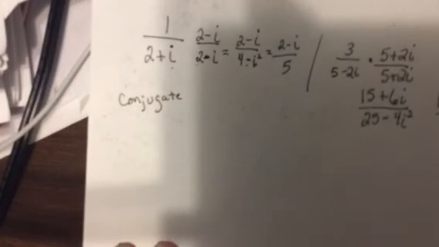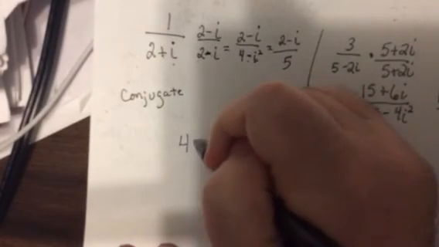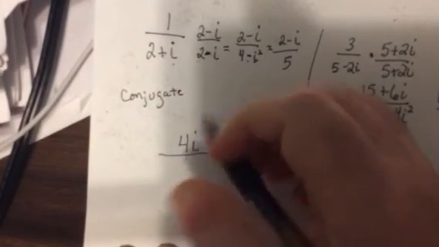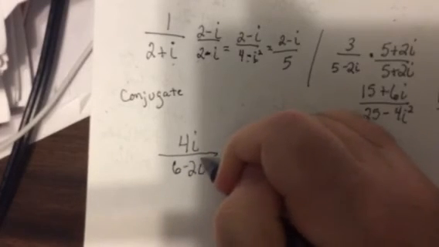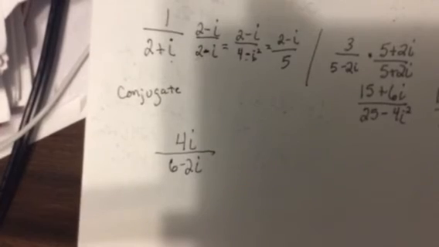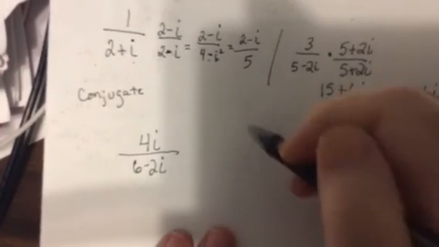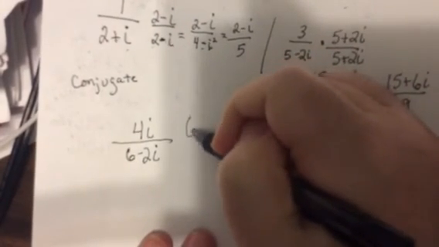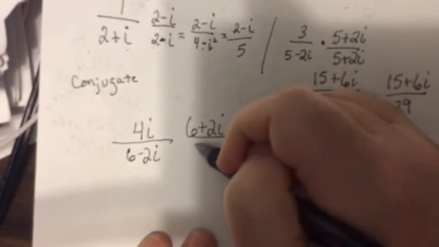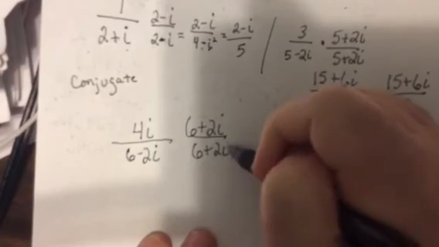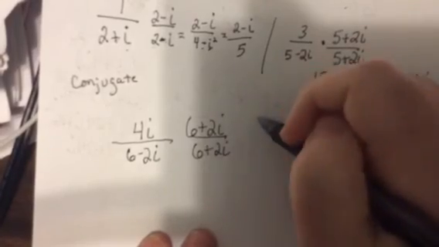So let's make it more fun. 4I over 6 minus 2I. So go ahead, do it. Okay, good. You tried it. So it'd be 6 plus 2I over 6 plus 2I. So distribute the top,